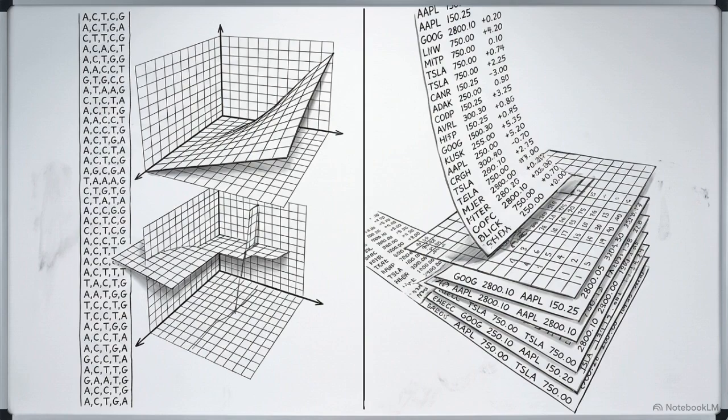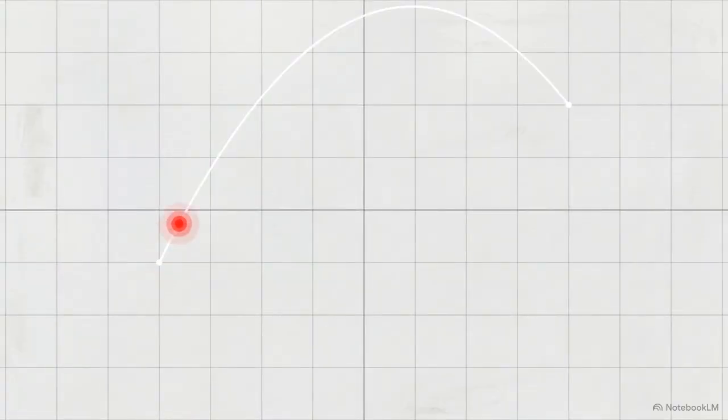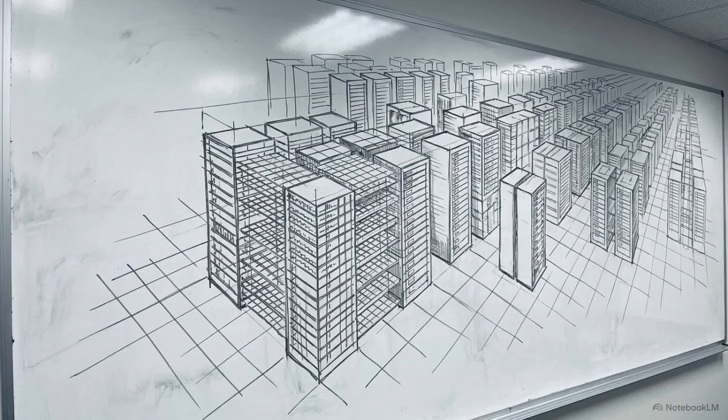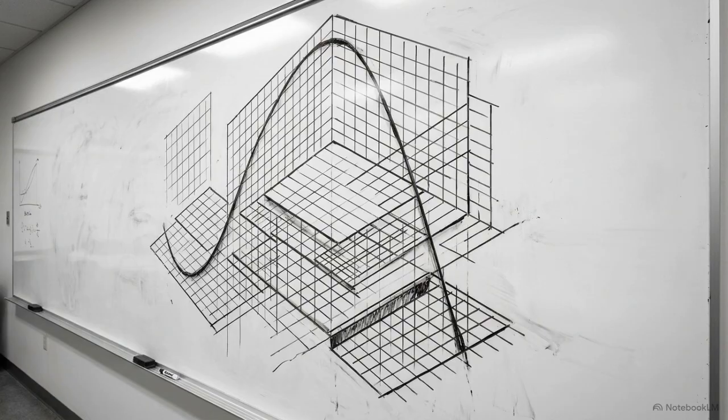Instead of tracking the smooth arc of a single planet, we are now trying to find patterns within billions of disconnected digital data points, from genomic sequences to global financial transactions. While calculus is excellent at optimizing a single path, it requires a massive structural framework to organize these oceans of discrete information. To process data at this scale, the math of curves needs a partner built for the grid.